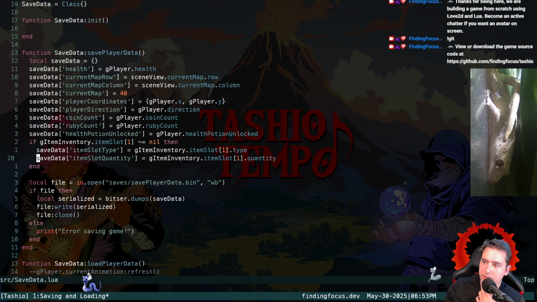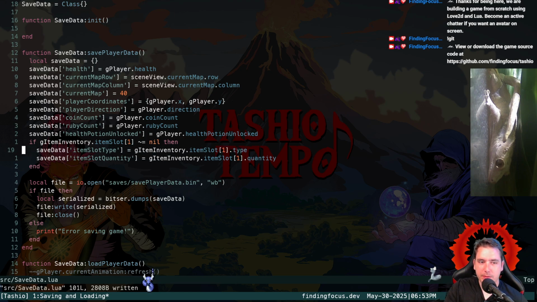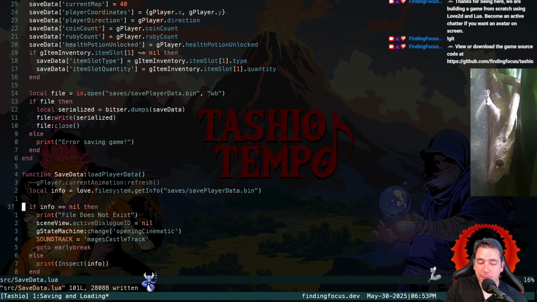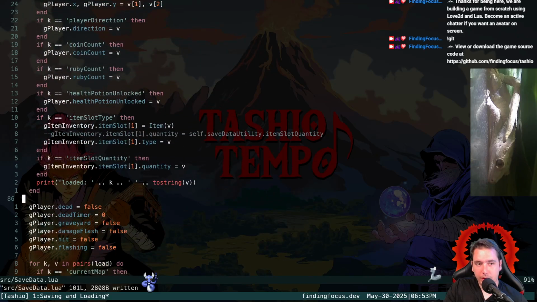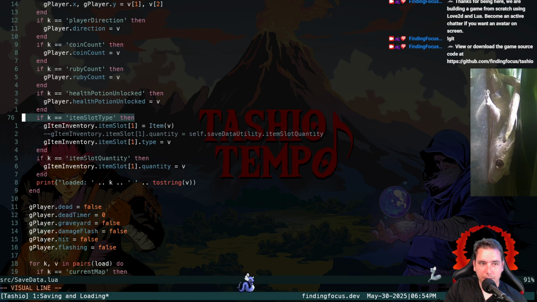See, I guess the question is, how does this get saved? Is it kind of like a sorted table by keys? I don't know. But basically, only if there is an item slot type saved do we want to check it and input its quantity. Because if there is either a type or quantity, we know we need to insert a new object into the global item inventory. So let's say if there is a type, then we're going to go ahead and